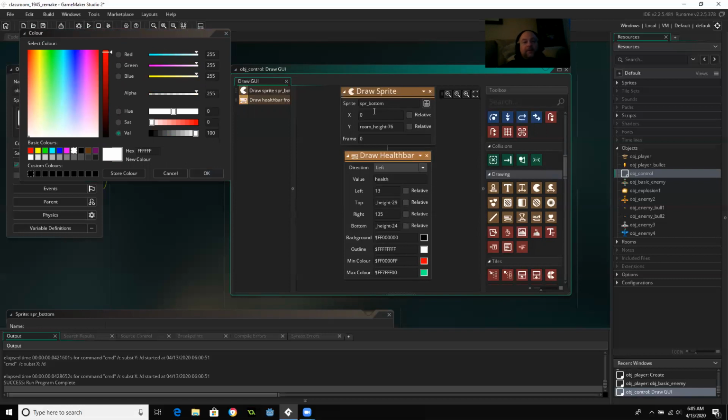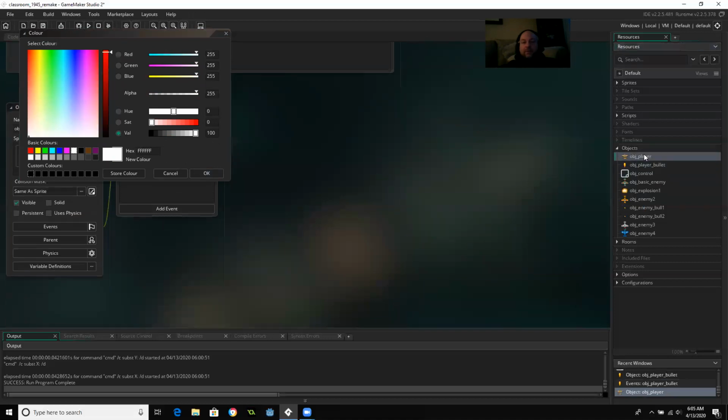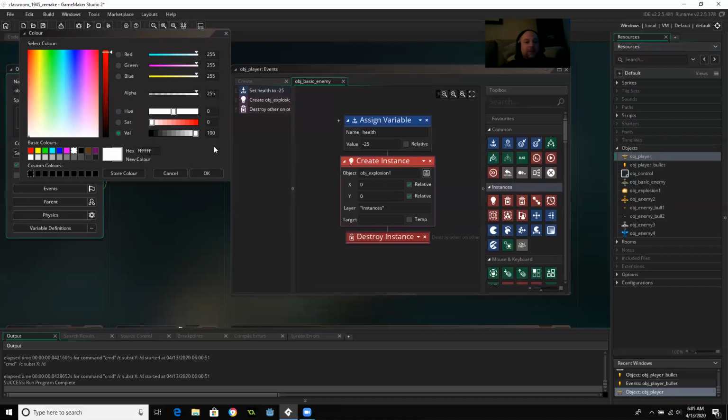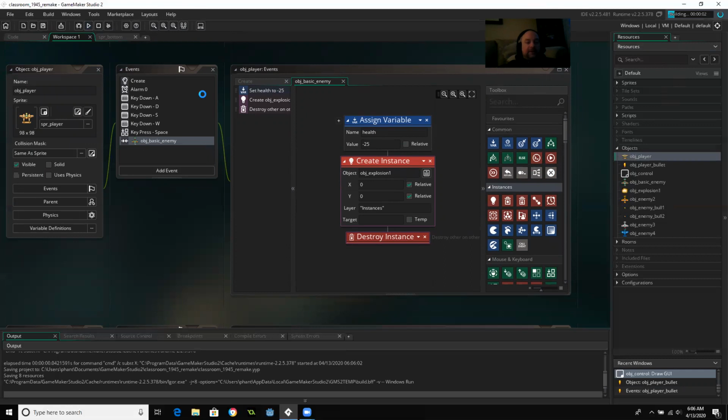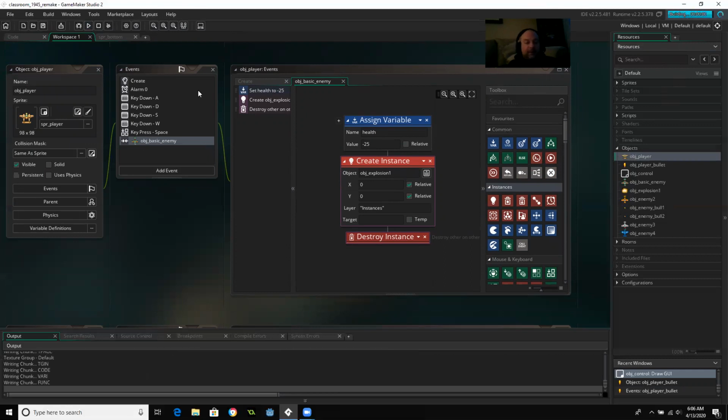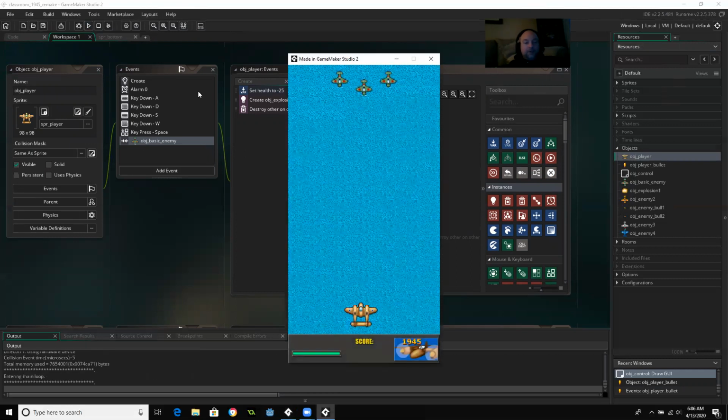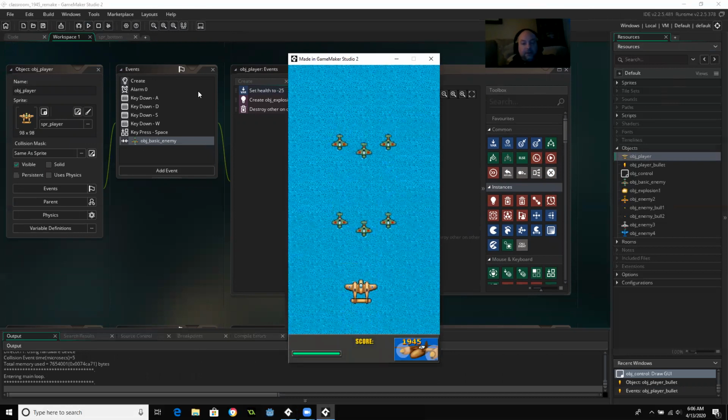So right now I have my GUI drawn and I have a health bar. And because of a collision with the basic enemy, I should lose some health every time I collide. Now I don't have any event to say, okay, what happens if I have no more health? But we'll deal with that in a different video. So I'm going to go ahead and play my game. You can see my health bar is drawn in green,